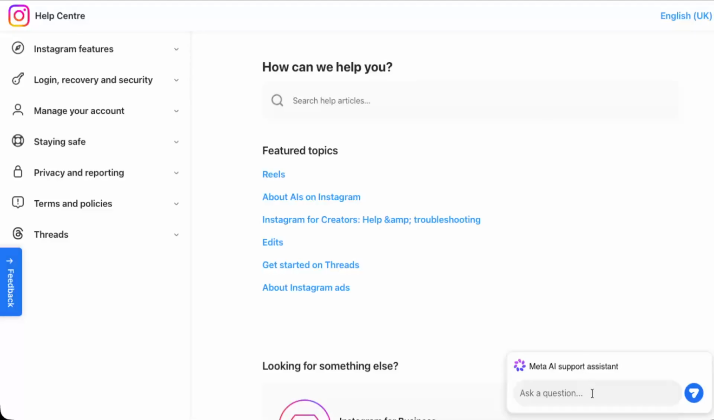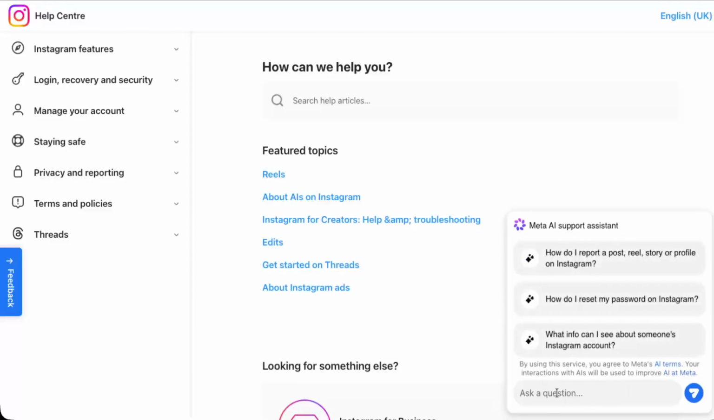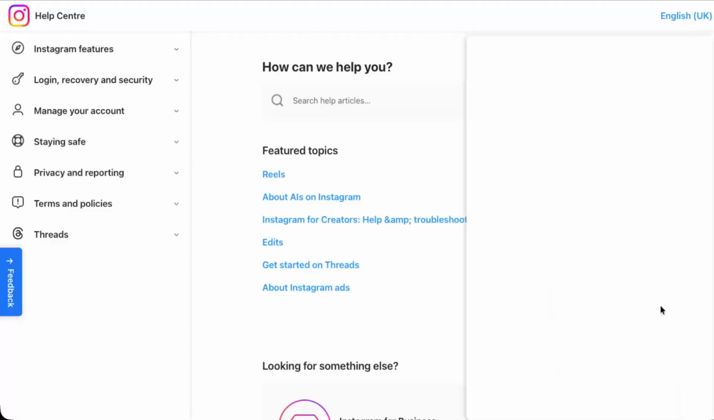Look toward the bottom right corner of the Help Center page. You should see a chat-like icon or panel for the Meta AI support assistant. Click into the message field there. You can start by typing a simple greeting or a brief description of your issue, then click the send icon